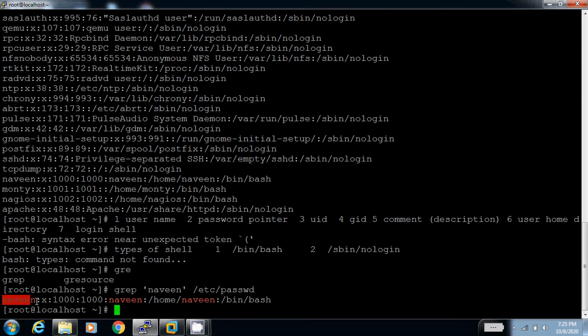This is the username, this is the password pointer, this is the UID for Naveen, this is the group ID for Naveen, GID, this is the comment description, this is the home directory for Naveen, /home/Naveen, and this is bin bash. You can change the login shell of Naveen from bin bash to sbin nologin.